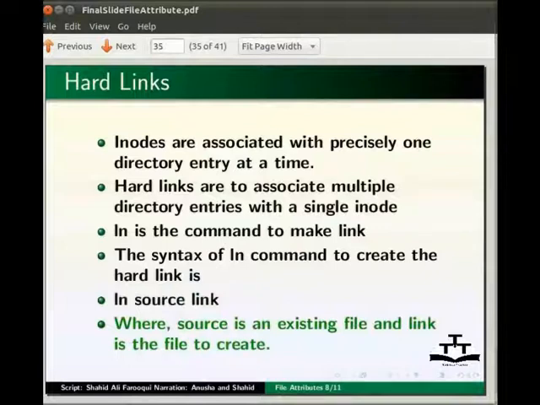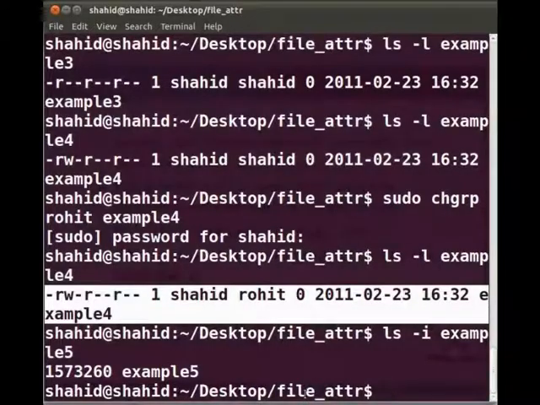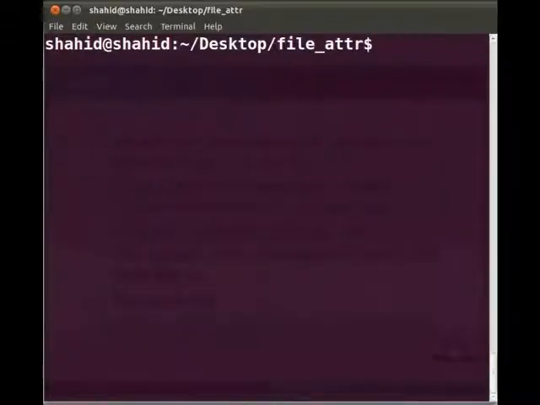Now we will look at some examples of hard link. Let me clear this screen again. Now type the command ln example1 example_ln. Press enter.